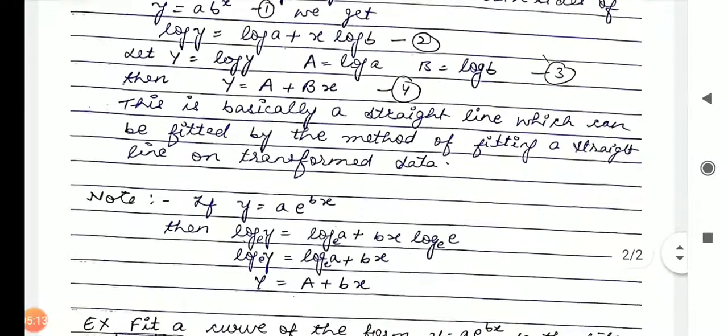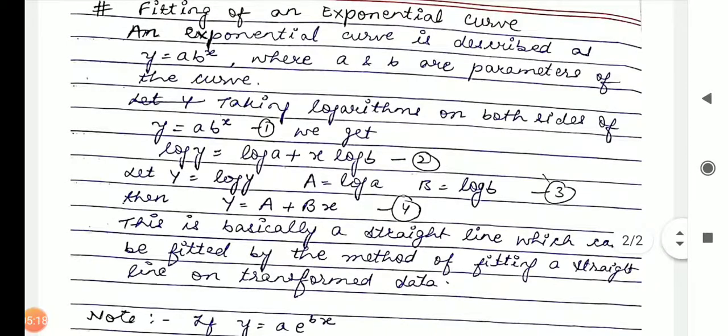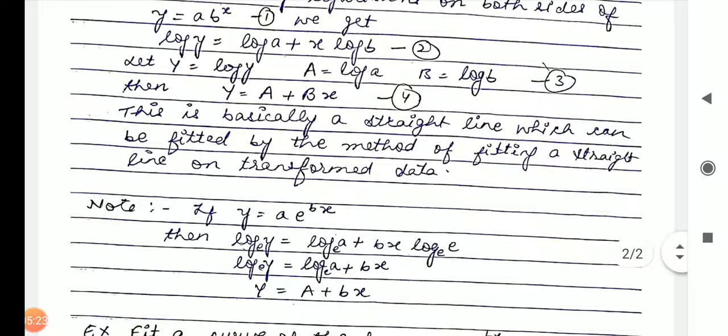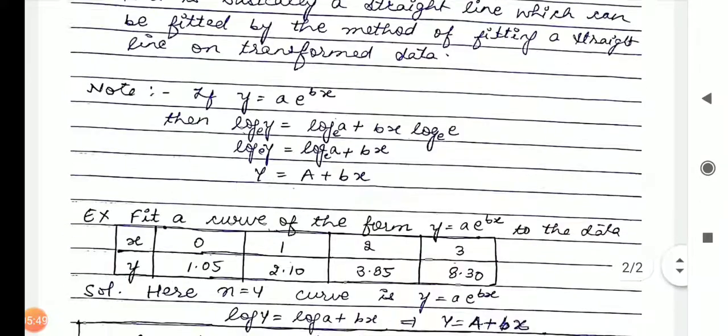Again, a point to remember here is that above we have taken the exponential curve of the form y is equals to a b to the power x. But if the curve is of the form y is equals to a exponential bx, the process would be the same, but in this case we will take logarithm to the base e, that is the natural log. So we have taken log of y to the base e, log of a to the base e, bx log of e to the base e, which is 1. So log of y to the base e is equals to log of a to the base e plus bx, and the equation becomes capital Y is equals to capital A plus b small x.